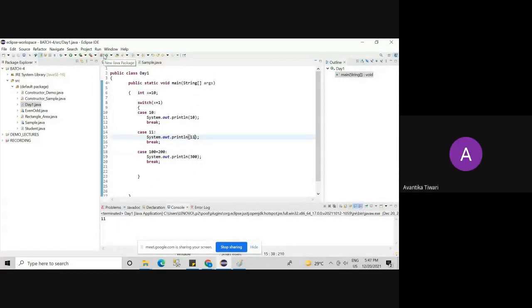Okay. So switch x plus 1 means it is executing the case number 11. Okay, no problem at all if the expression is constant. Till the expression is constant, any case level is a constant, there is no problem. The moment we are involving variables inside the case labels, then it is going to throw compile time errors. Have a look.